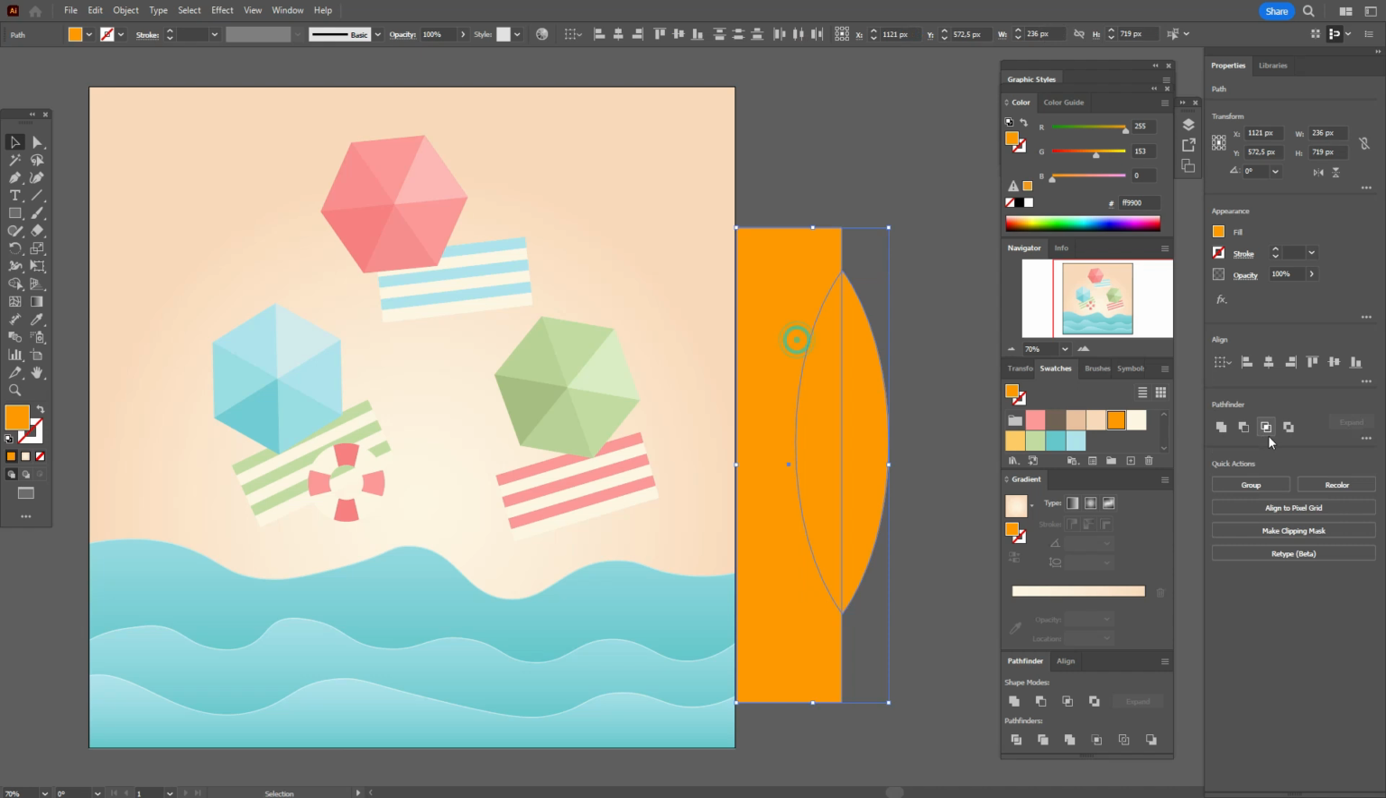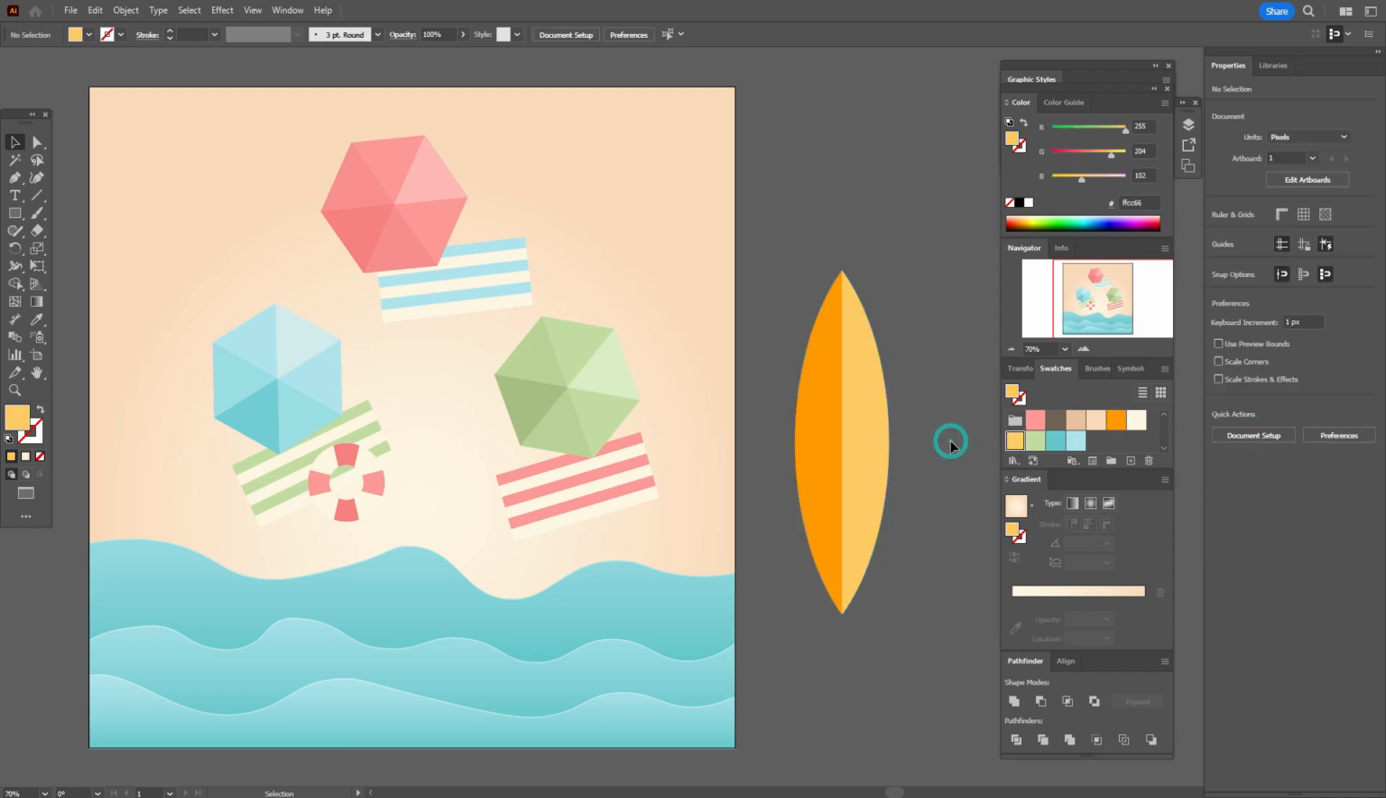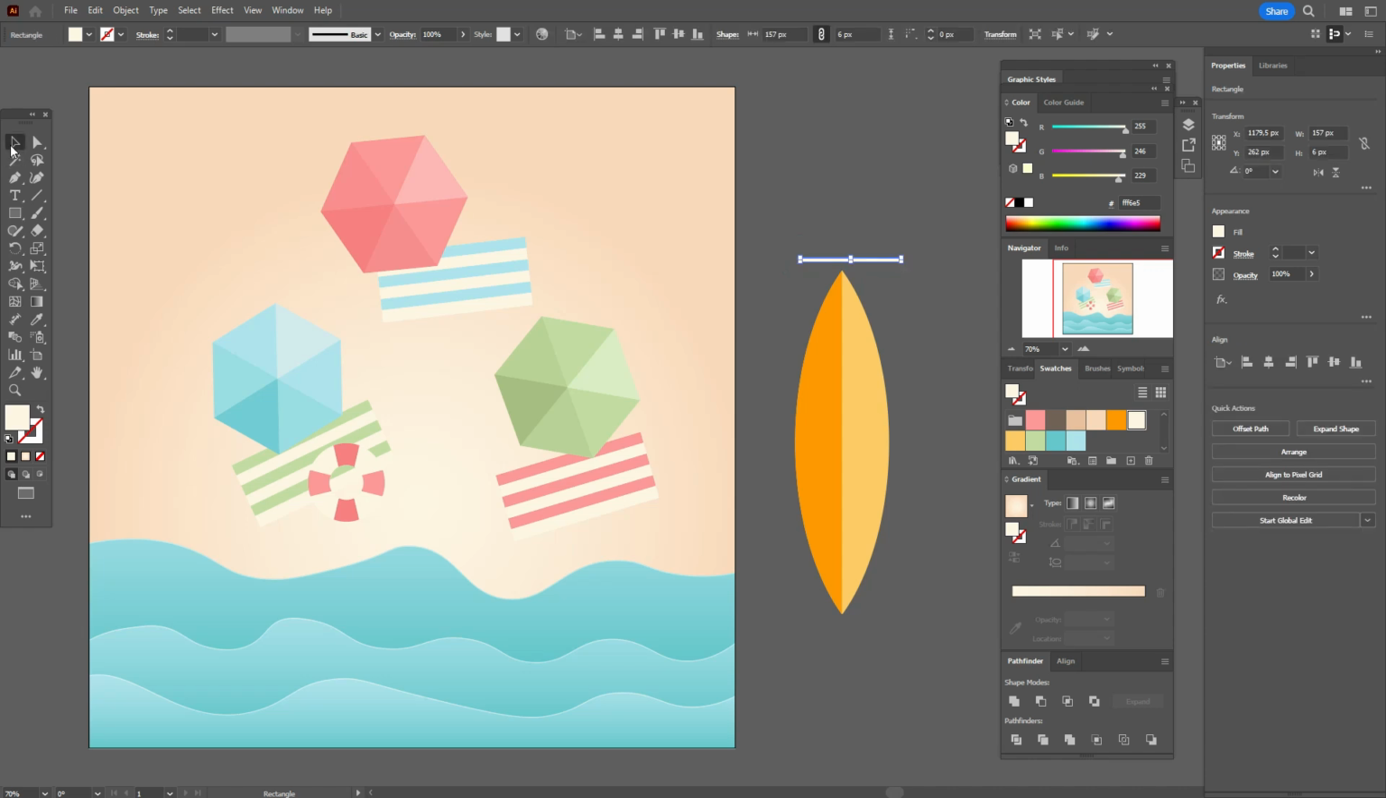Copy and paste that shape. Select both shapes. Pathfinder, minus front, and yellow color. And white color. Create a rectangle like that. Rotate, put here,